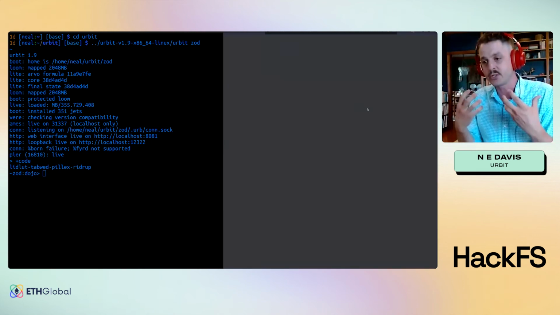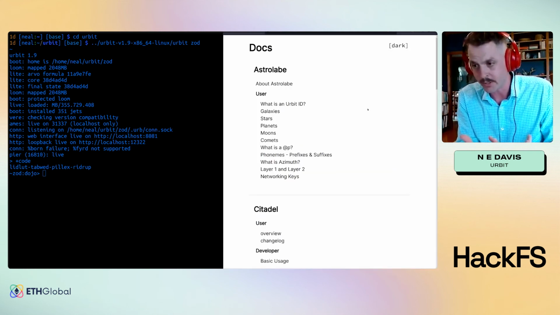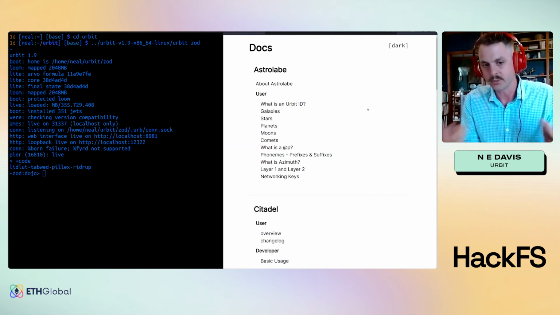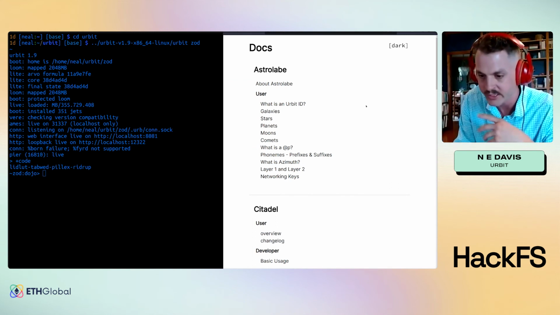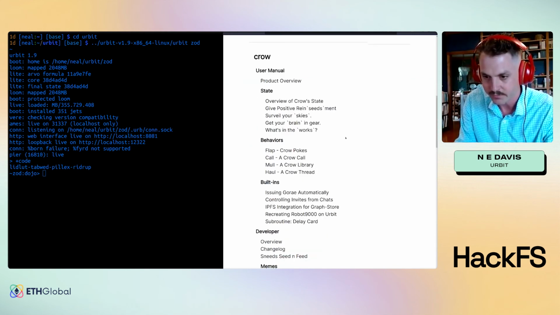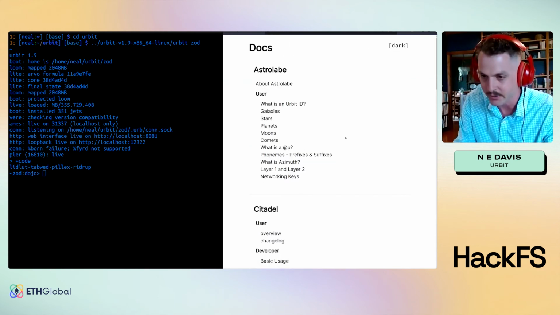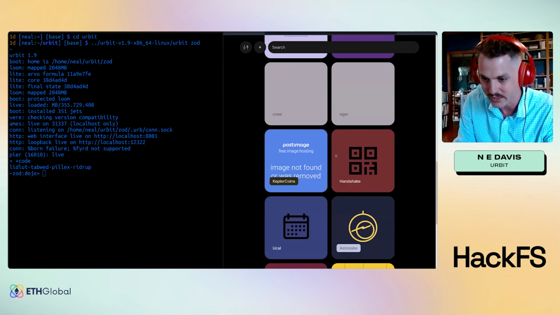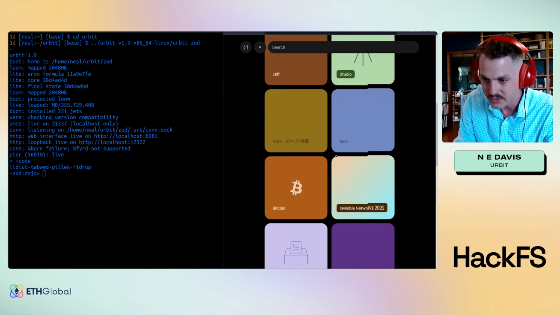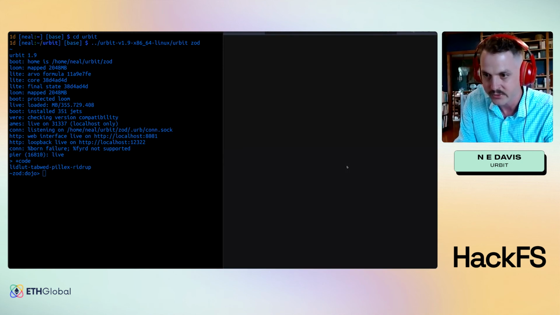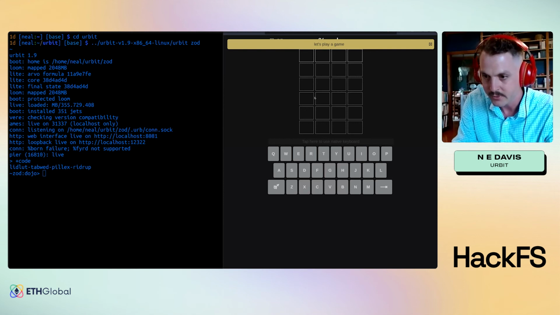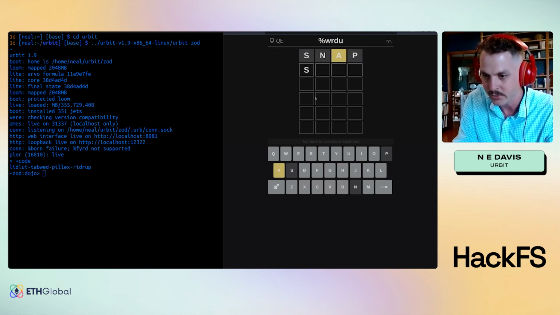All of this is talking to my server backend process that in my case is running on a Raspberry Pi. People run them on hosting, people run them on their own laptops. You can run it on a DigitalOcean droplet, wherever you want, right? This is a Docs application, so it's not the most flashy and exciting one to look at, but there are some other ones that people have built. There's a few game ones, like a Wordle clone here that you can go through.